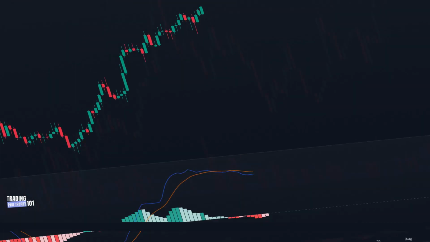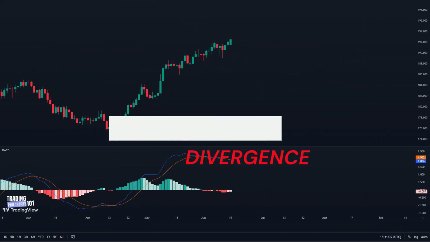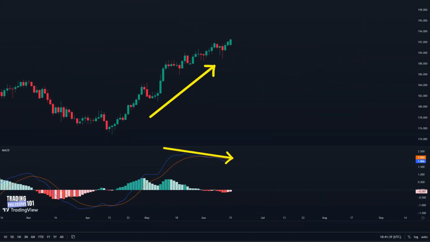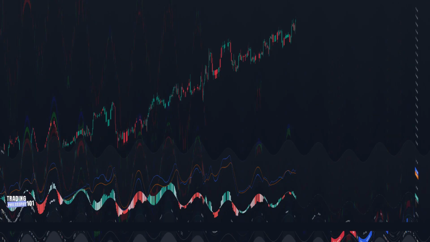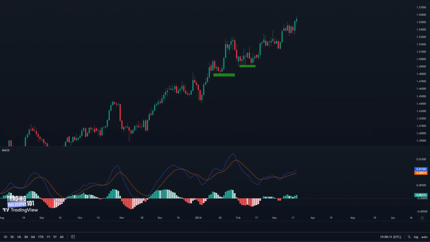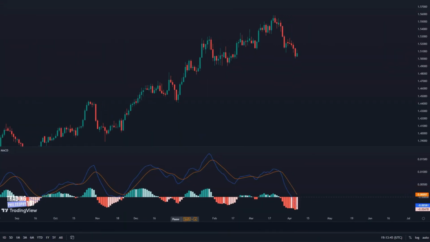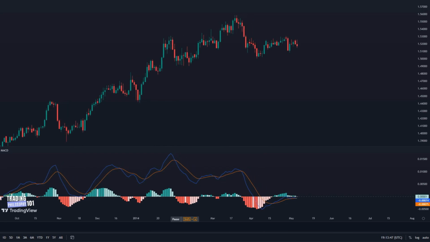Now let's talk about the MACD divergence technique. A divergence occurs when the price and the MACD indicator move in the opposite direction. In a bullish divergence, you will see the price forming lower lows and the MACD forming higher highs. And in a bearish divergence, the price will form higher highs and the MACD will form lower highs. Both scenarios indicate a possible trend reversal, so I look to enter my trades in the opposite direction of the